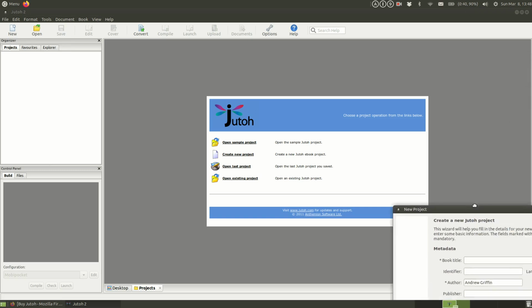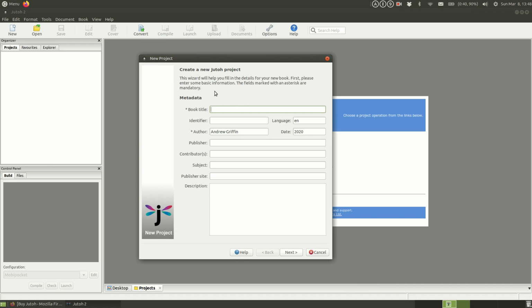I'm sorry, that may have gone off the window here. Okay, so new project. Here we go. The book title, you just enter in your book title here. And you see it comes up with the identifier as the same as your book title. Here's your language. In my particular case, this is United States English. Your author, the date on which you're going to publish,